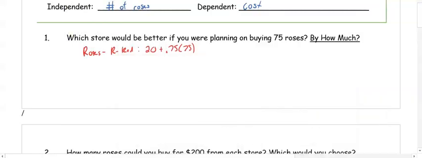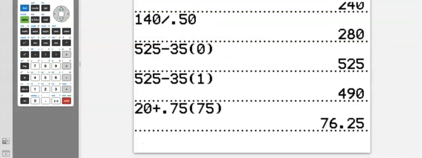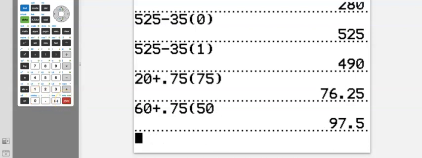And we get $76.25. For Flower Power, it's $60 plus 50 cents times 75. And that gets us